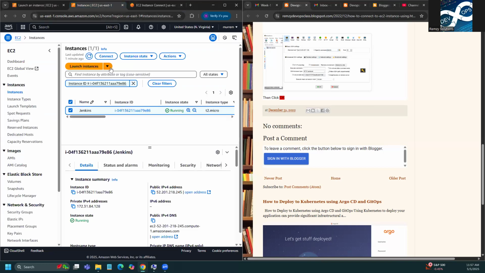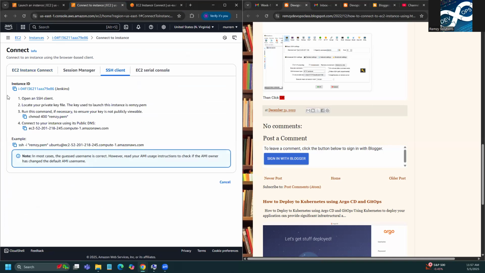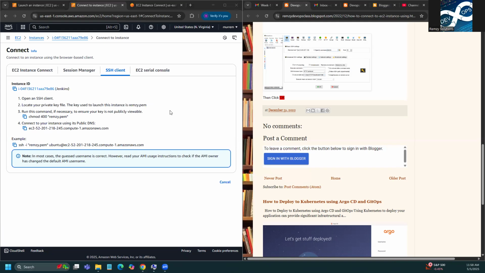If I go back to the instances and I click on connect here, I can do the SSH client. So this SSH client, there are different steps that we can use for it. But the most important step is using this right here, this example. So for you to be able to connect to this, copying this example, you first of all need to bring up your CMD. So when the CMD loads,